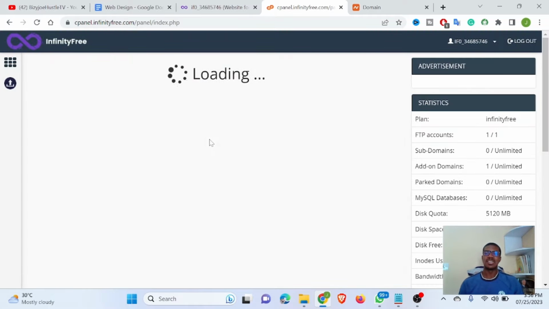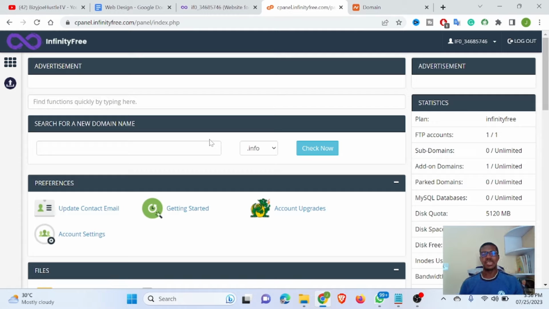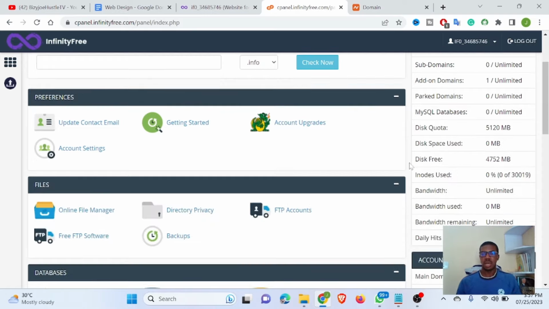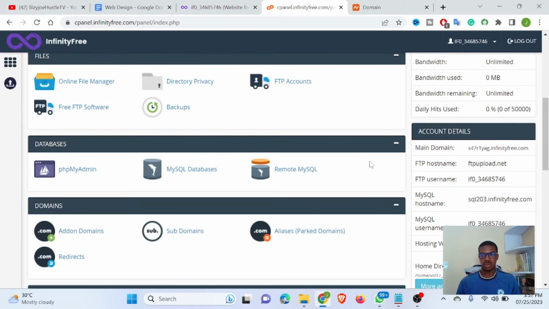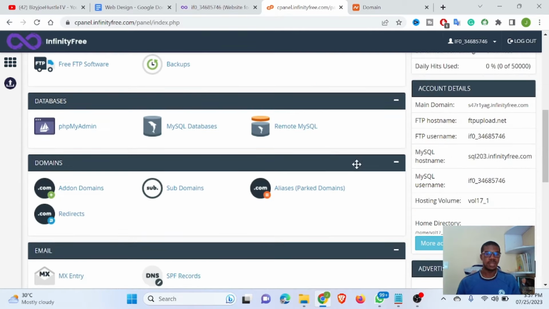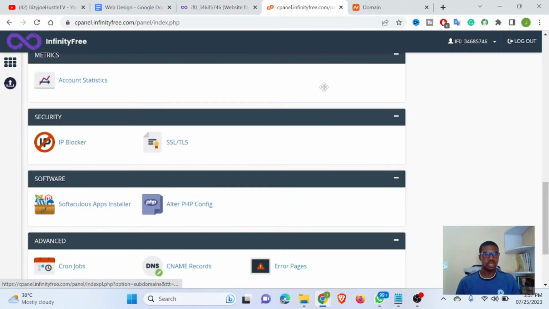Wow, this is amazing, for you to get a cPanel for free. If you go to Namecheap, for you to get this, you'll be paying nothing less than $40 for shared hosting. For this type of hosting, you are going to be paying an annual fee of $40, but look, you're getting it for free without paying anything. So this is